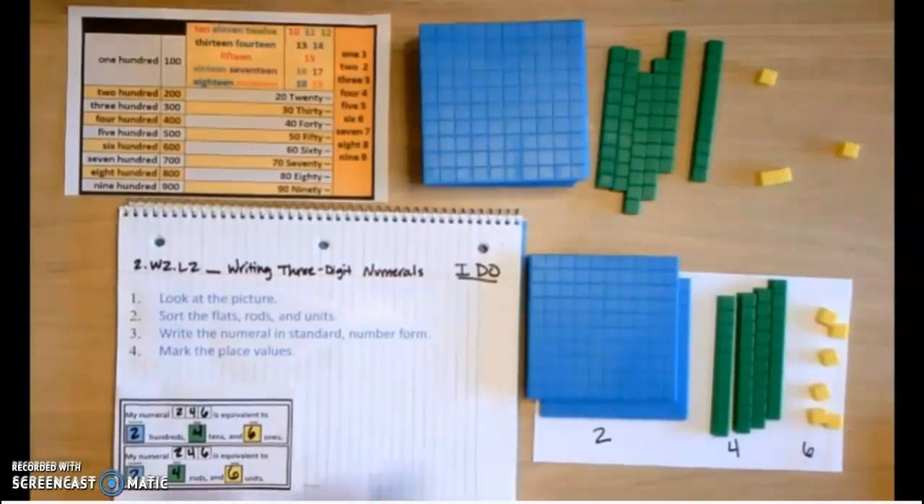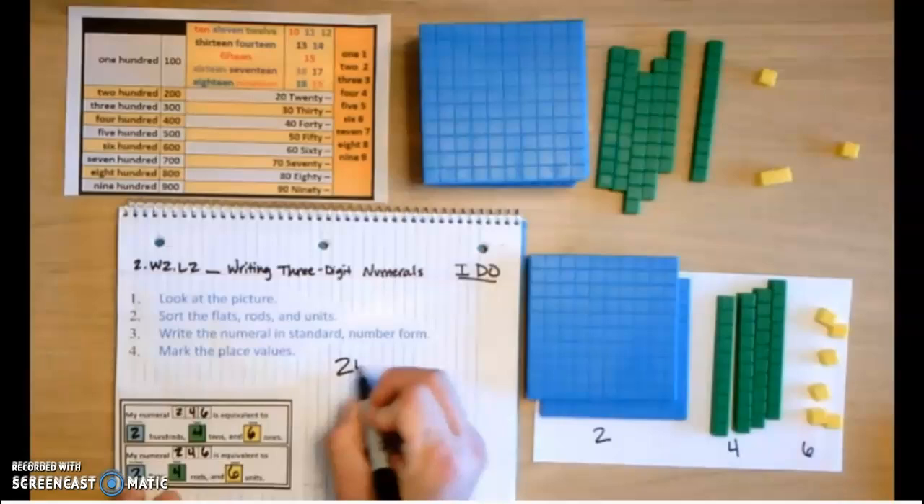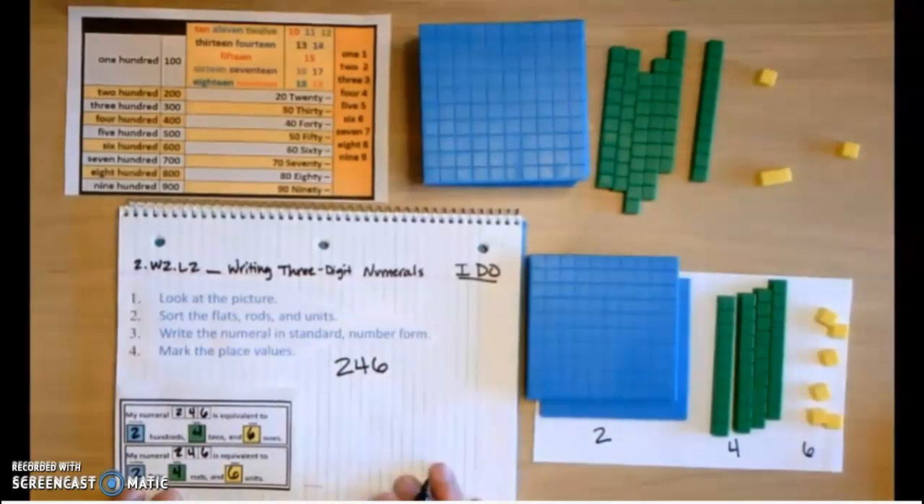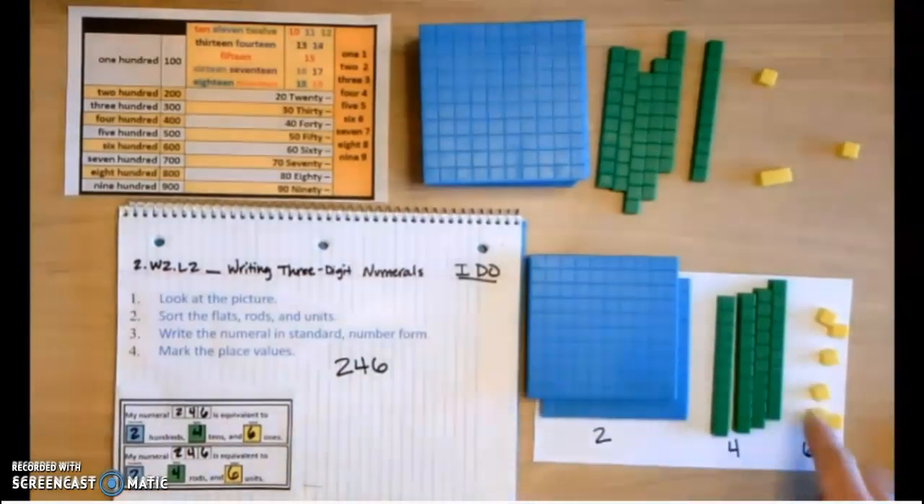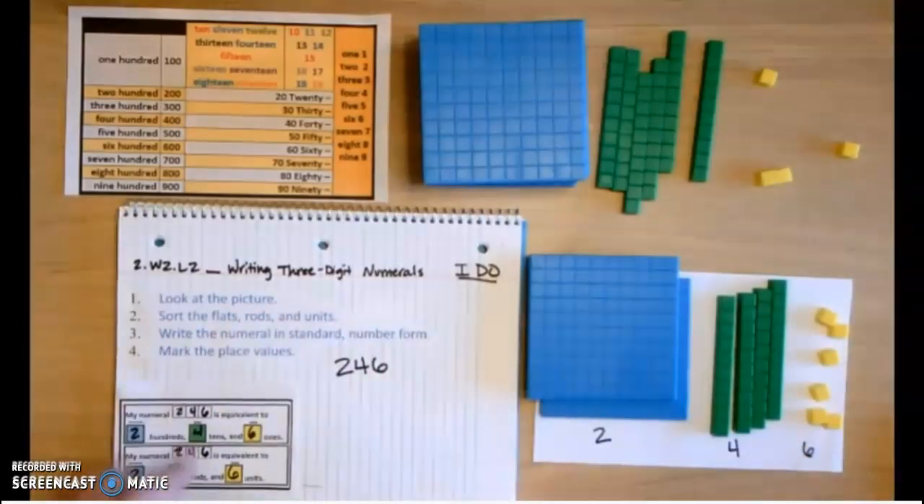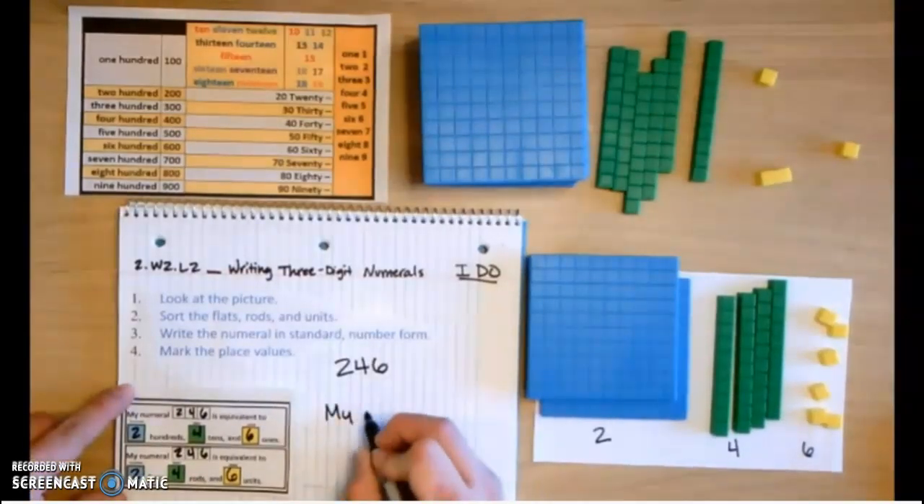After I do that, mark the place values and everything. Let me go ahead and just write it in standard form. 246. That's all we're doing. Looking at the picture, sort the flats out, the rods, units, write them in standard form, and mark the place values. So I can write my numeral